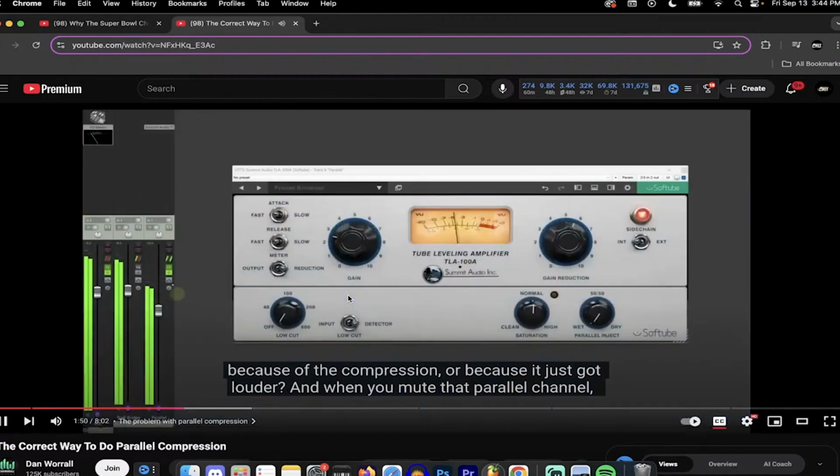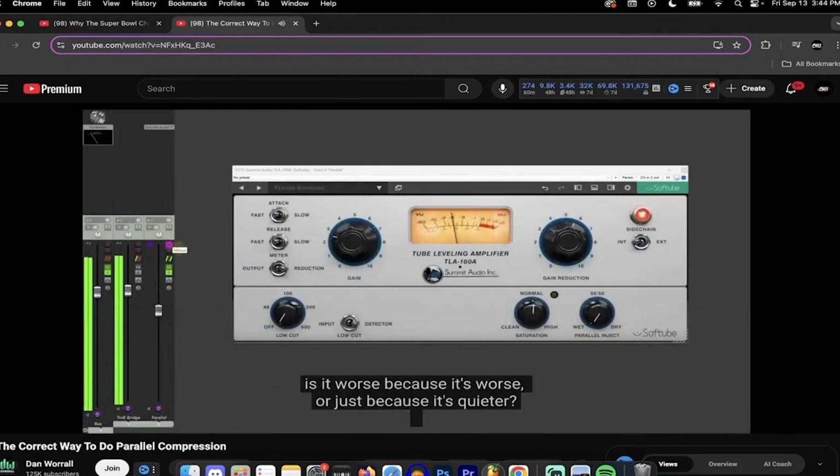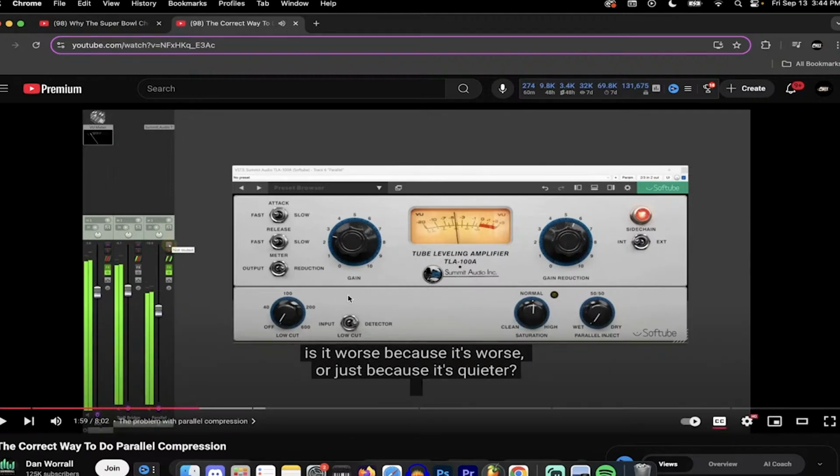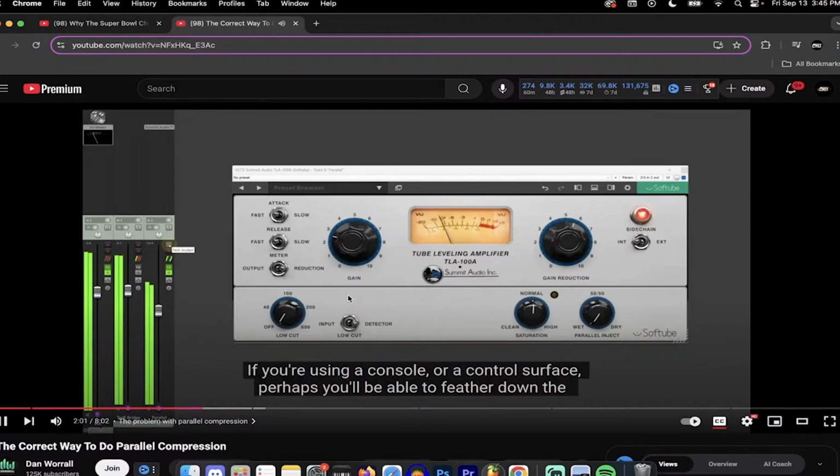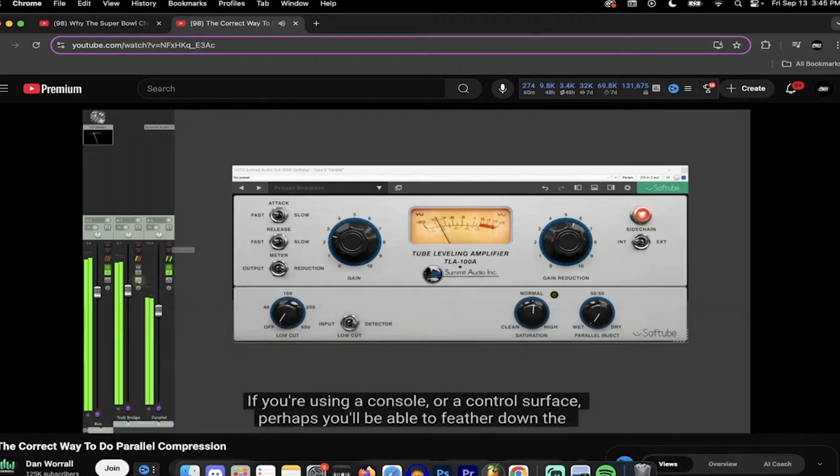And when you mute that parallel channel, is it worse because it's worse or just because it's quieter? Because that's a thing. If two pieces of audio are comparable in terms of quality and skill, but one is louder and one is quieter, human beings will always say the louder one is better. That's an actual phenomenon that we haven't gotten to the point of explaining, but I guess that's literally the problem. If you're using a console or a control surface, perhaps you'll be able to feather down the fader